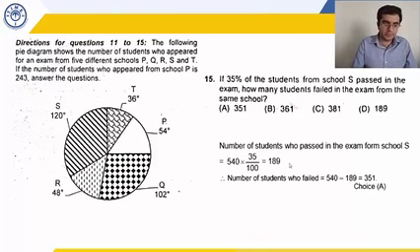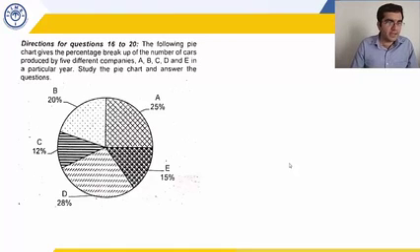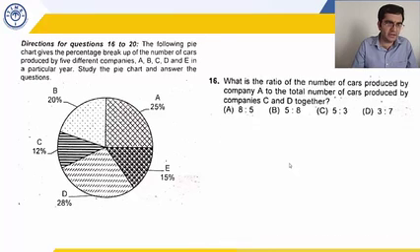Okay, let's move to the next set. Question 16 to 20. Now here what is given? You go through the data. So it's just a percentage breakup of the number of cars produced by 5 different companies. Nothing more. So data seems fairly straightforward. So now let's look at the question. Take 30 seconds.